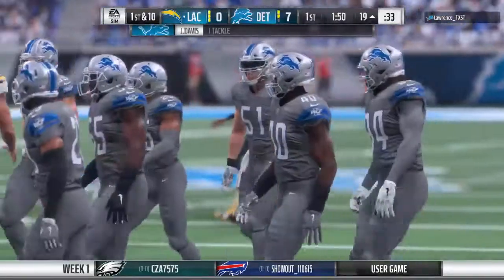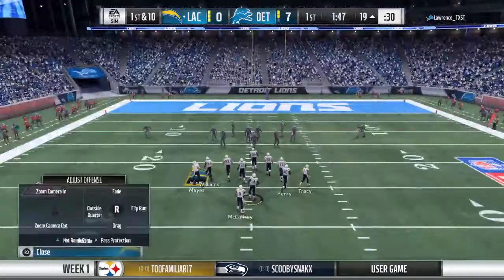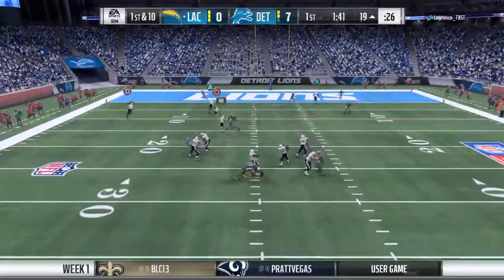Well, partner, what do you think? Might have been 4-down territory if they didn't pick it up, but... Yeah, it's a moot point now. I was curious, so if they didn't get it there, would they have gone for it? I guess we'll never know. Yeah, we didn't have to make that call, but I have a feeling both of us would have said...